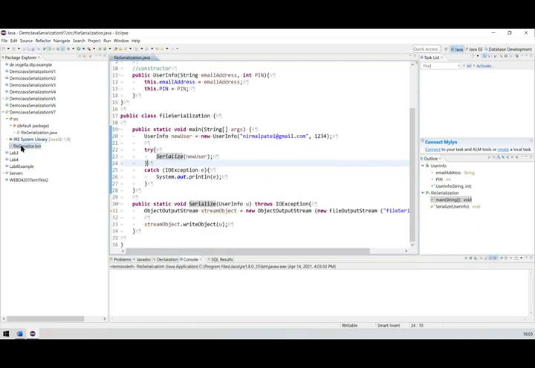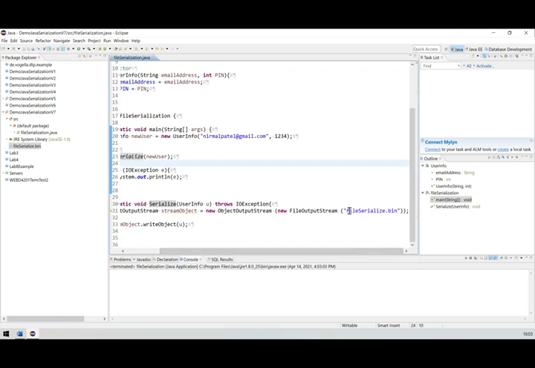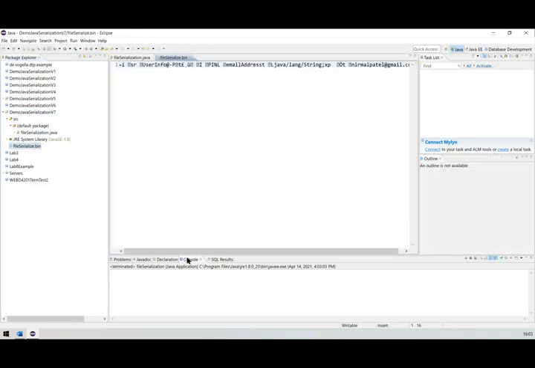As I run this, as you may see, a new file comes here called file serializable, this one. So I'm going to refresh it. Okay, now as you can see, here are symbols and all. So this is what the file looks like.